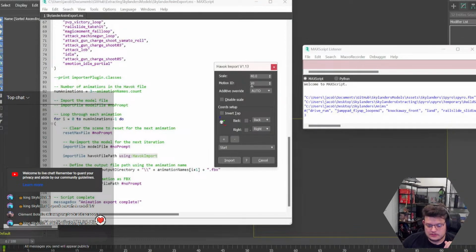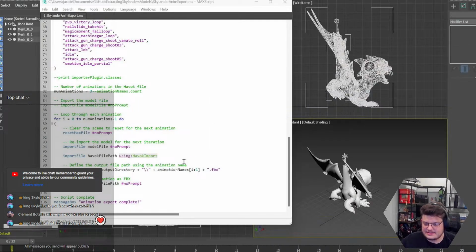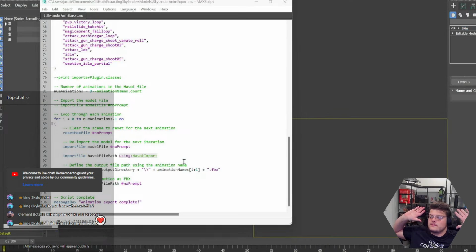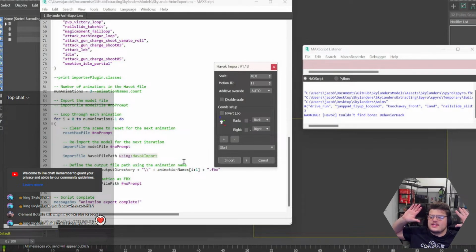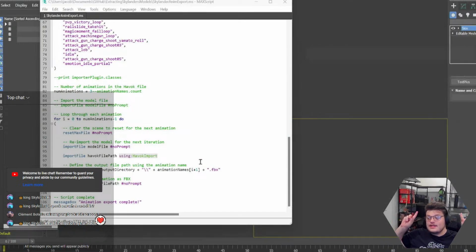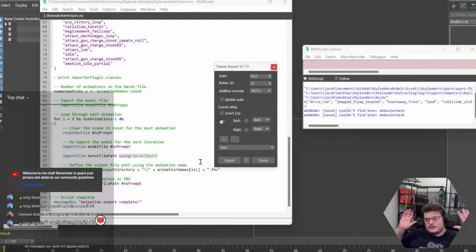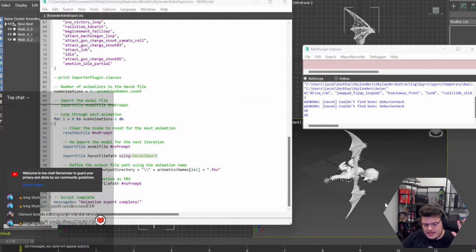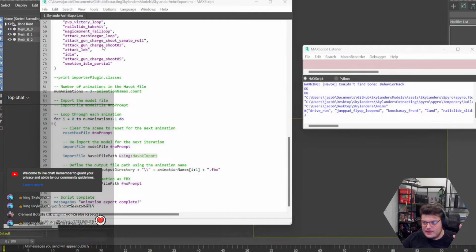it's at 10. So this is a very important thing. It says 10 as the motion ID. I select import. I didn't touch anything else. It now says 11, and if I hit import again, it'll be a different animation, and it will say 12. So, if I hit import again, check it over here. And now, that's a different animation. And if I do it again, and I hit evaluate all,